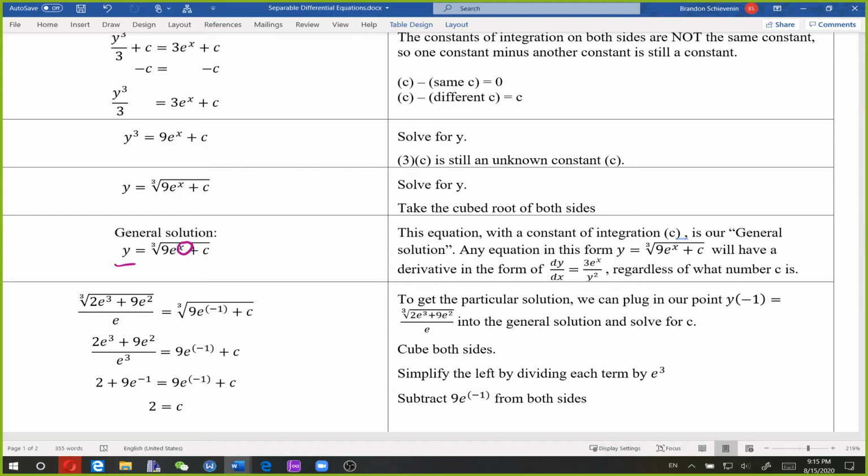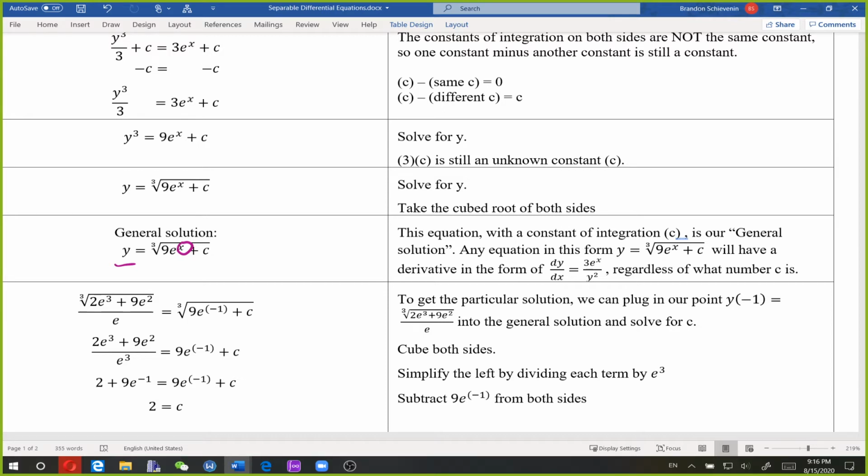Okay, so I've got some crazy cubed root things happening here. So I'm going to cube both sides to get rid of those cubed roots. If I cube a cubed root, then my root will cancel, but on the bottom I also have to cube that e, so this will become e cubed, which leaves me with no root on the left, everything that was underneath the root over e cubed, and no root on the right side either. Okay, then from there,